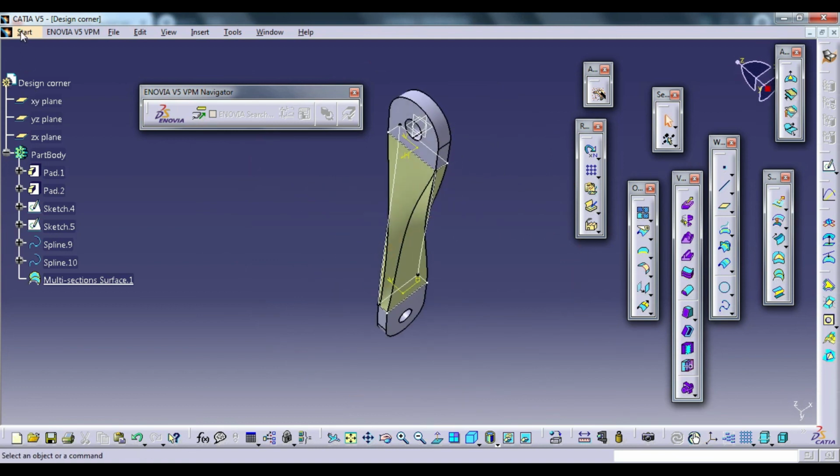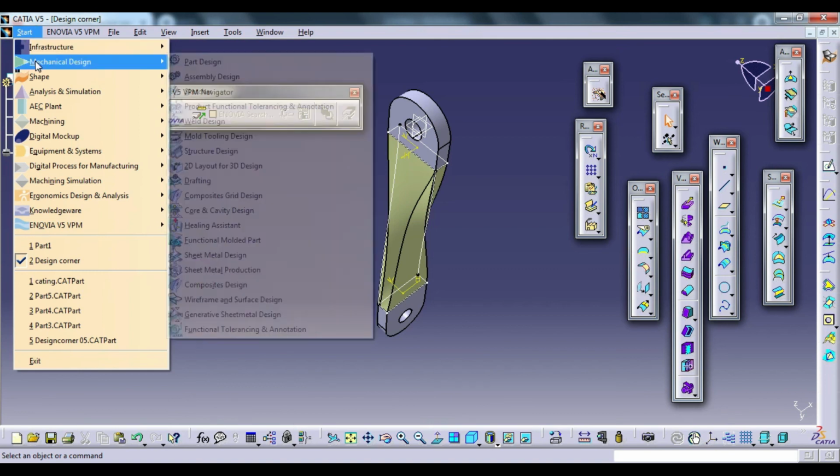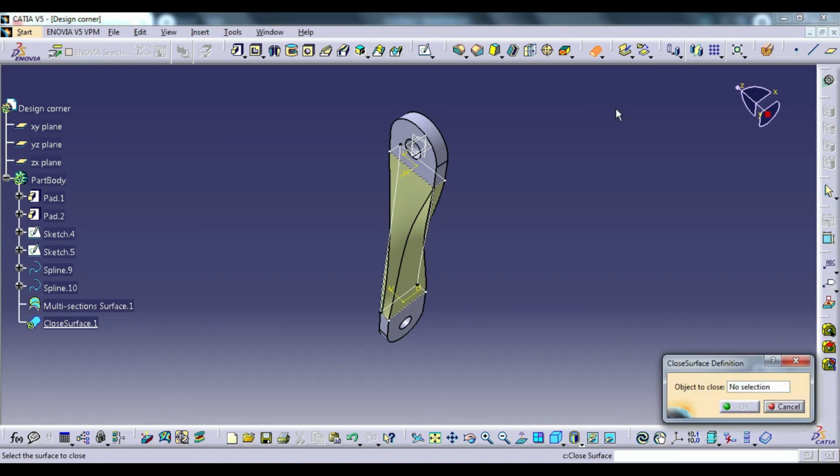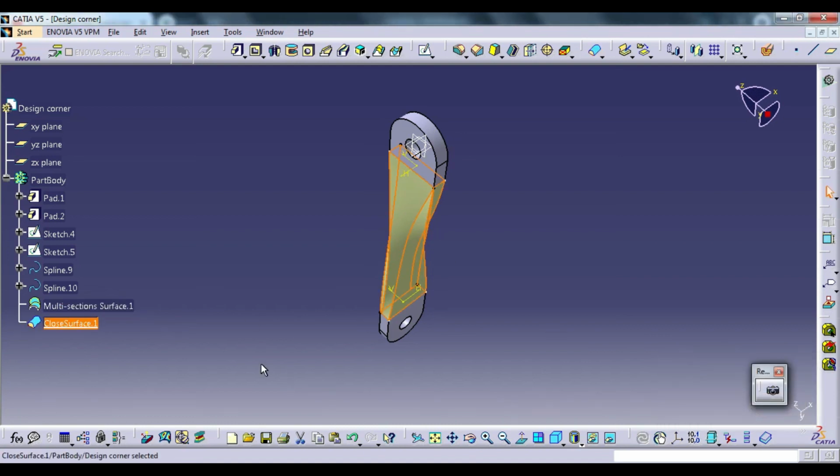Then you go to Part Design. Then you click Close Surface. Now use the selection for the multi-sections surface. Click OK. Completed.